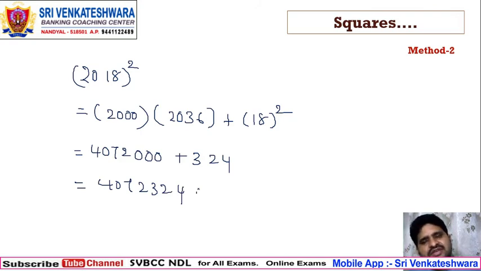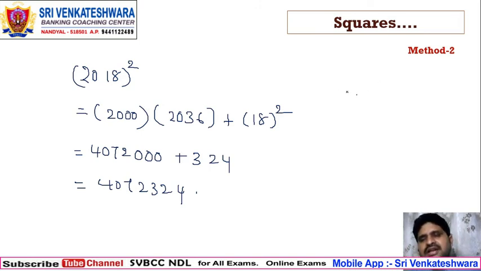So totally this is method 2 here. In the case of method 2, let's take any round figure you want, whichever is easy for calculation. To get that round figure, if you add in the first case, in the second case we have to subtract. Or if in the first case we subtract, in the second case we have to add. That difference we can take up to 25 or 30, as said. That's why we have learned up to 30 squares.